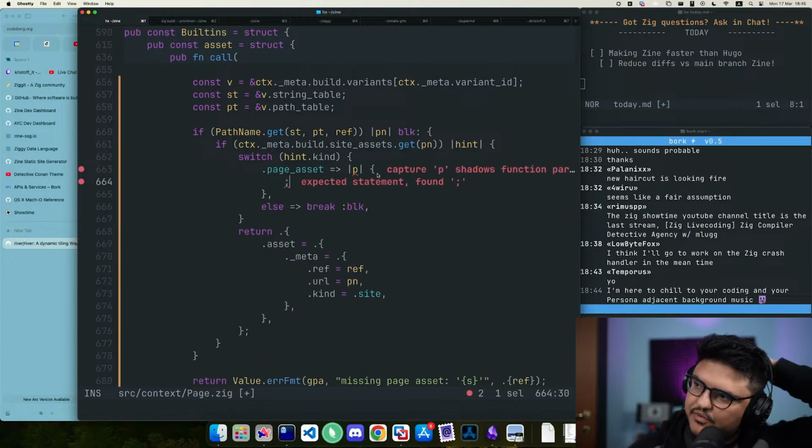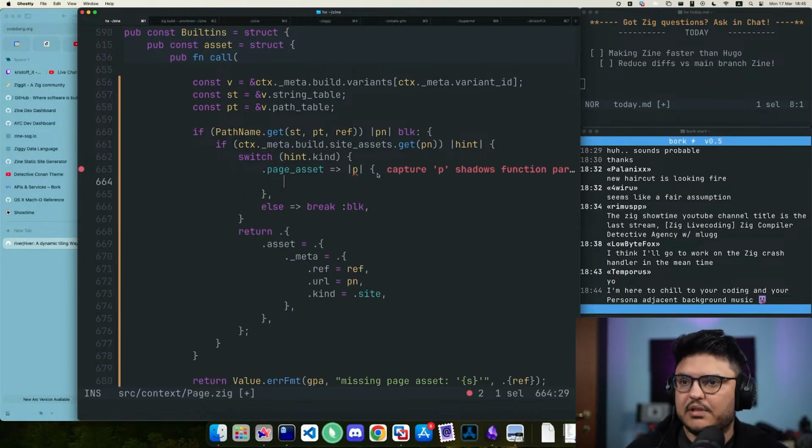But if it's a page asset, we want to also assert that it's our page. So here's the funny thing. I think our page doesn't know its page ID. Our page knows its pointer. It has a pointer to itself, but it doesn't know its page ID. Although we could figure that out with just a little bit of math, as in